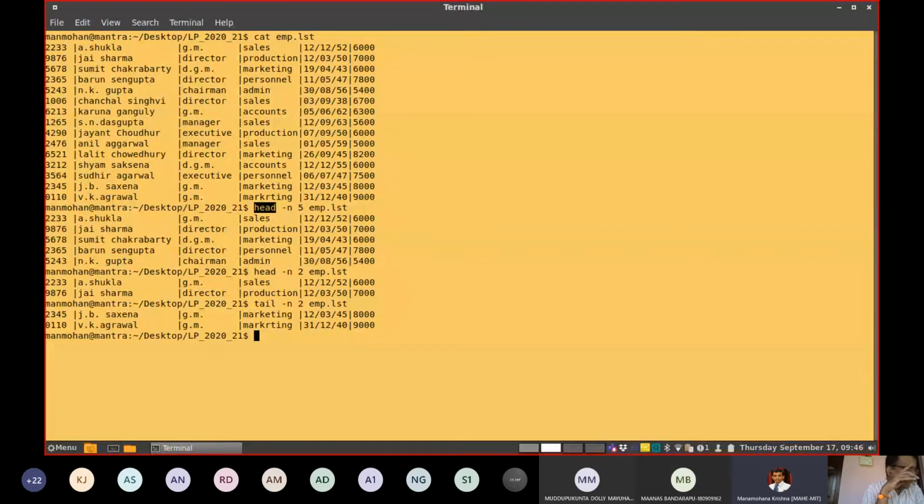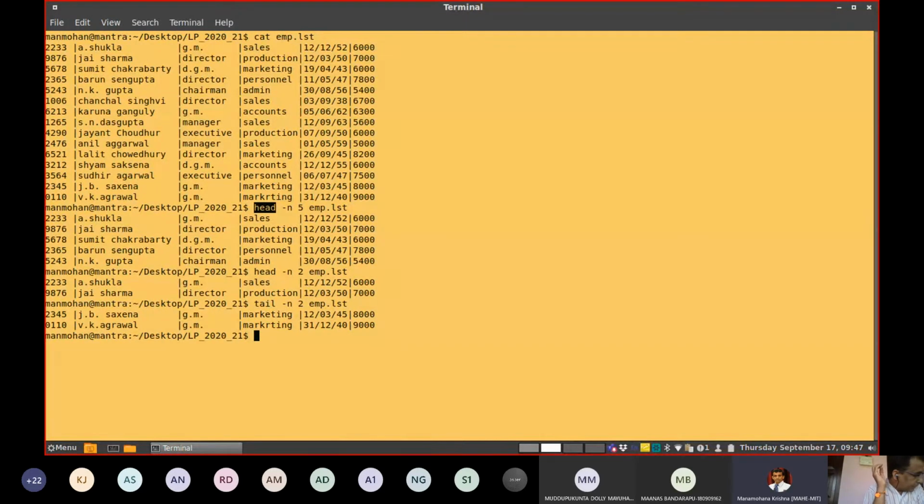I am trying to print with head or tail. How many options? This tail command has more options than head. This tail command has a greater number of options than the head command.